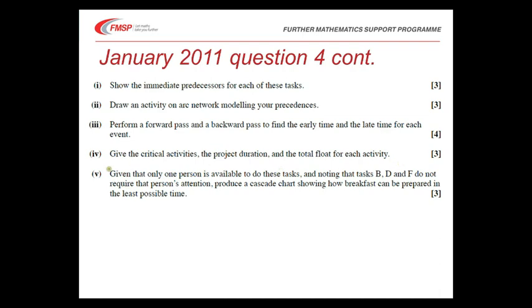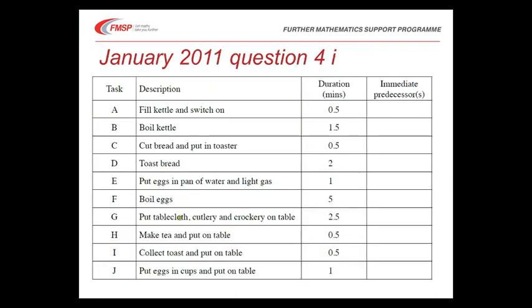And in part 5, this is the cascade chart element. Given that only one person is available to do these tasks, and noting that B, D and F do not require that person's attention, produce a cascade chart showing how breakfast can be prepared in the least possible time. So let's get through the precedences and the critical path diagram so we can have a look at the cascade chart. So to begin with, you're just asked to complete this based on your knowledge of what it would require